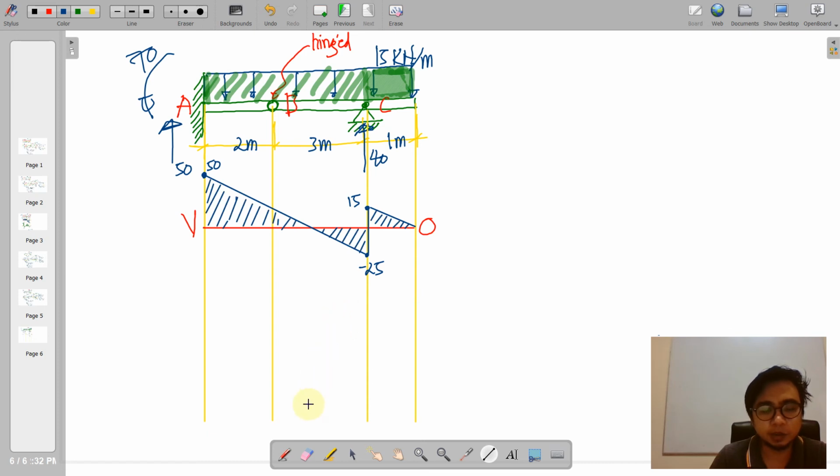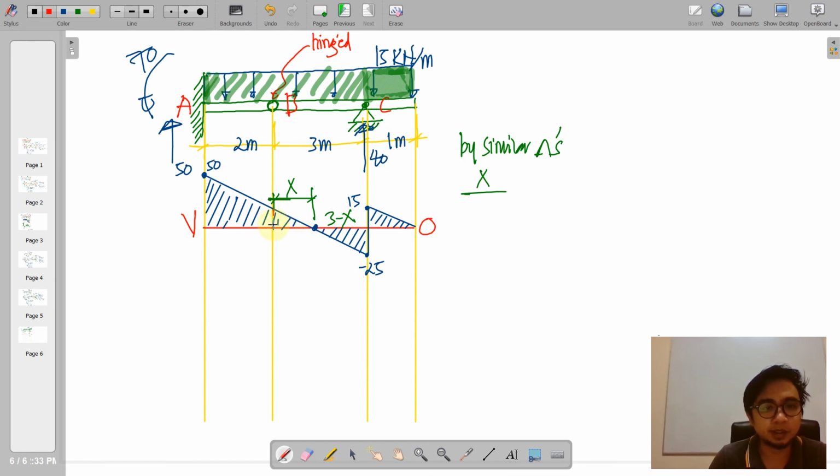So this is now our shear diagram. Of course, we are concerned with this point. So we denote this as x so that we can use ratio and proportion, and this triangle as 3 minus x. So by ratio and proportion of similar triangles, we have x is to this height, in which we can also